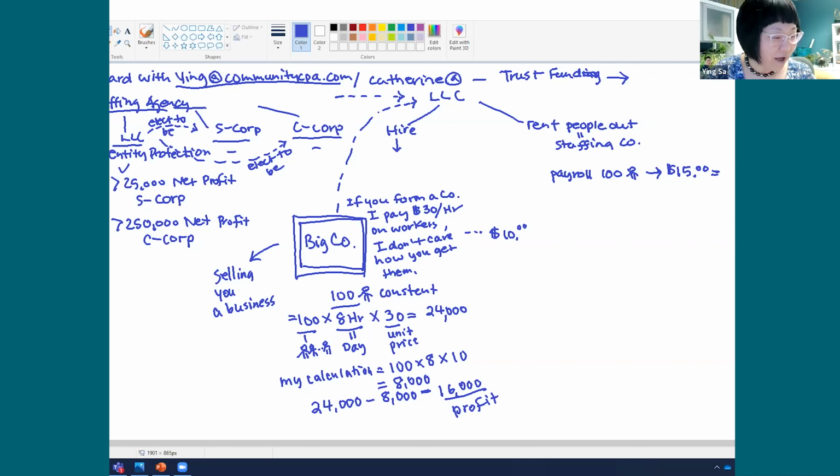So $15 times 8 hours times 100 people, folks. What is that number? $12,000. So now you've got $12,000, but payroll is not just for that, right? In payroll you have to add what? You have to add 941 taxes, right? 941 taxes is Social Security,